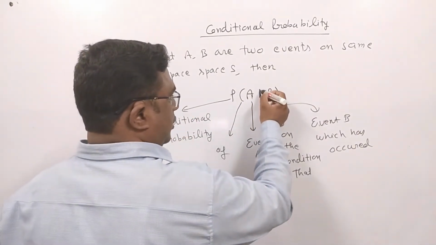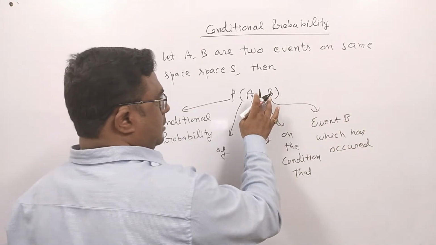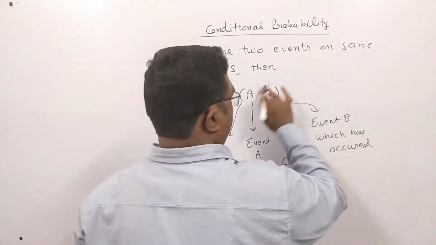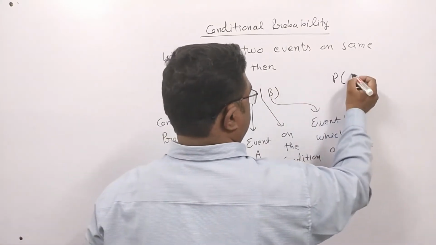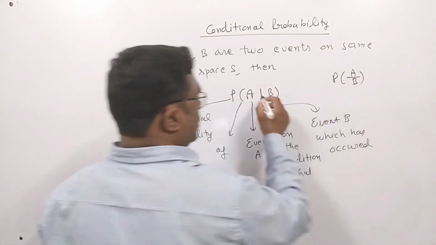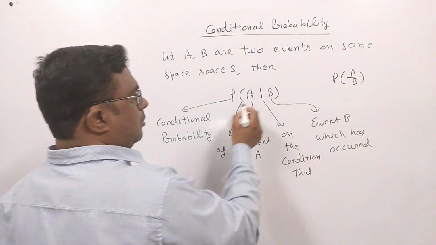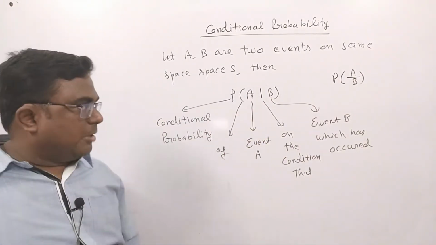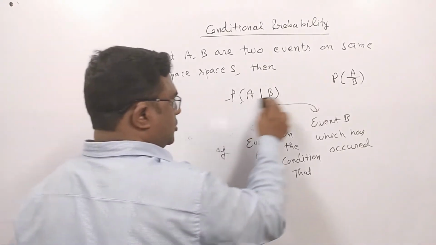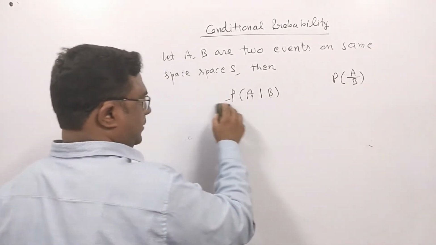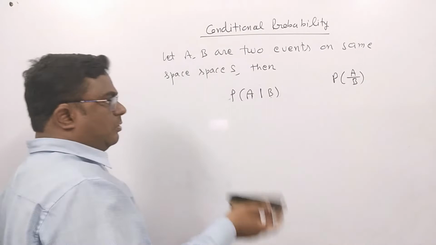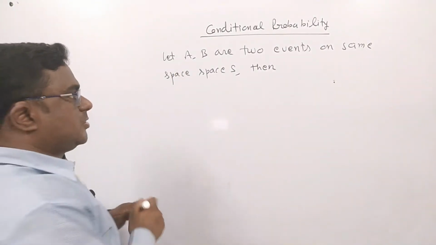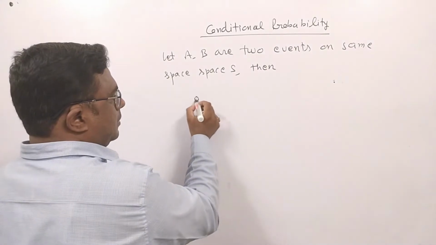This sign, which is the vertical bar sign, can also be replaced by a slash sign, and sometimes you can write it in this way also. But it is the most common form of the notation of conditional probability. So students, you have seen the notation of conditional probability. Now, what formula is used to find its value? Let us see that formula. Its formula is very simple.